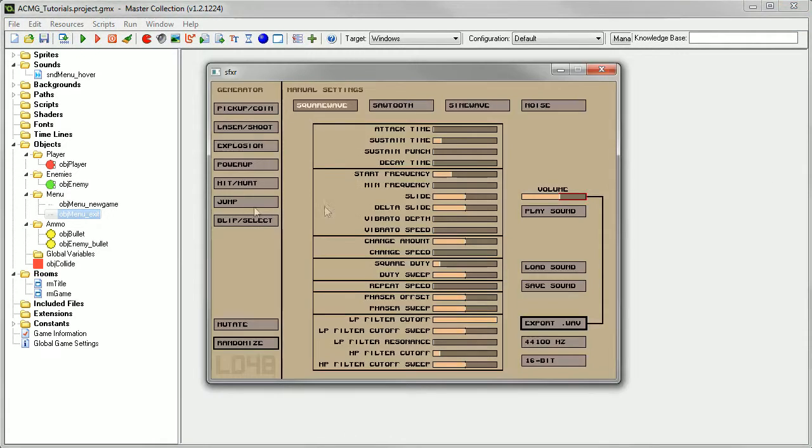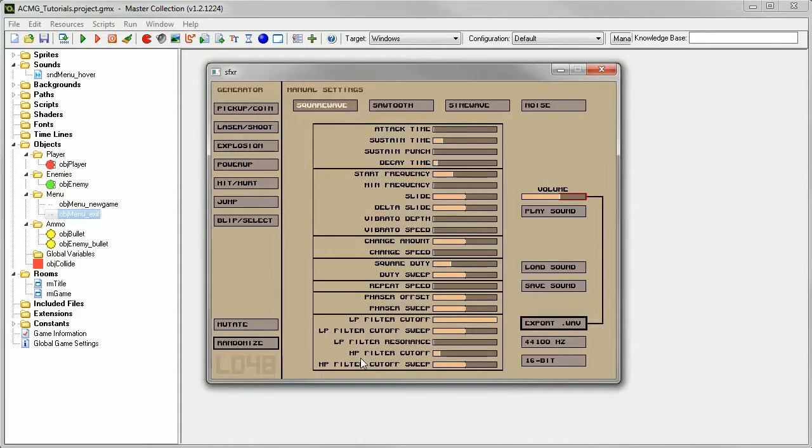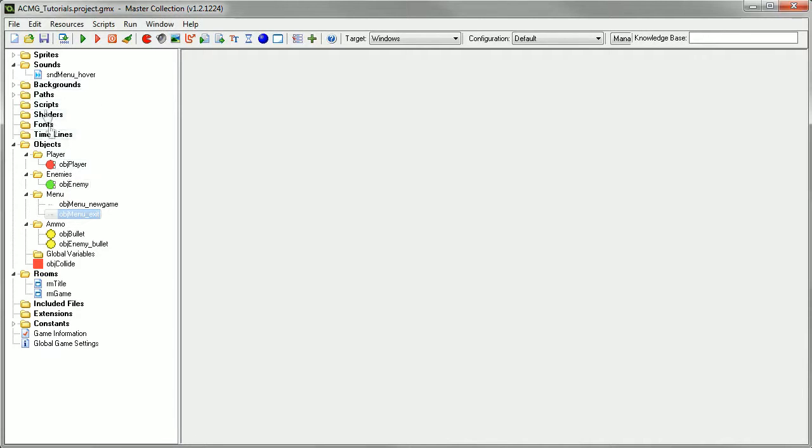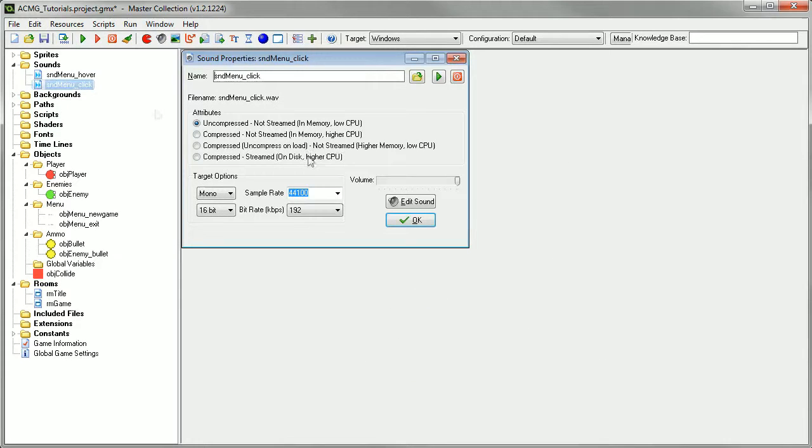Now we're going to get the one for the clicking. Okay, export that one, and this will be menu click. Alrighty then. We are going to add the sound, create a new sound, we're going to open it up, and we're going to call this SND menu click, and hit OK. Make sure we open it up,